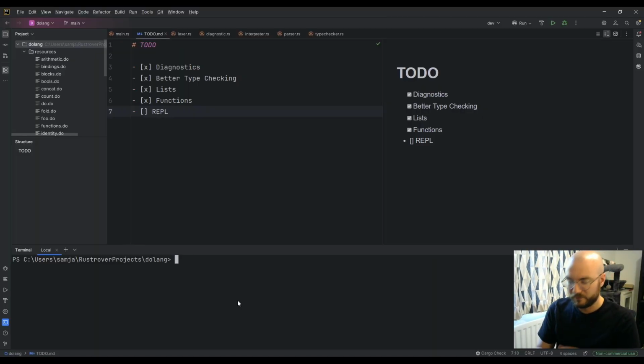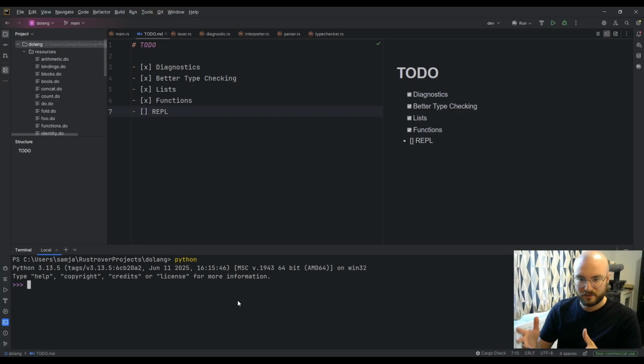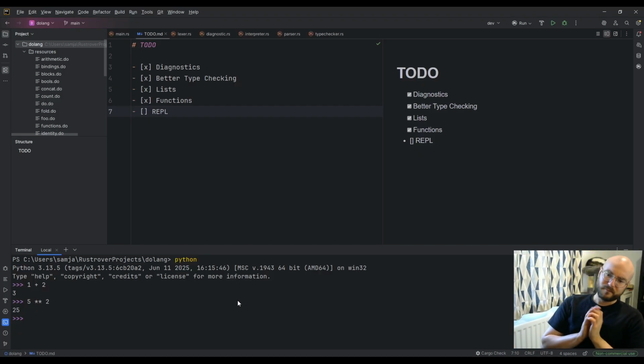So if you're not familiar with what a REPL is, if you have Python and you just type Python, it goes into this mode, and you can type valid Python programs, and it will interpret them line by line, and it will have memory.